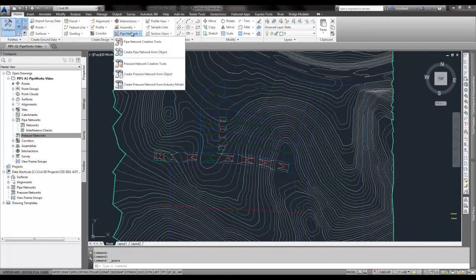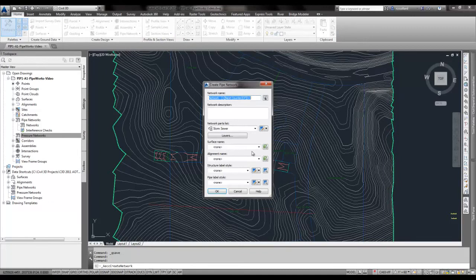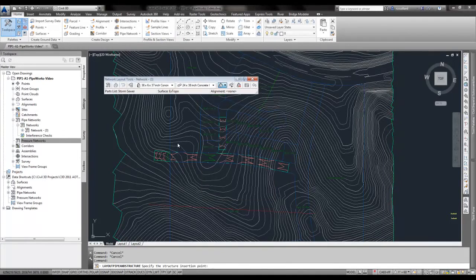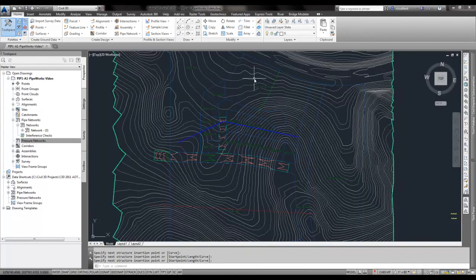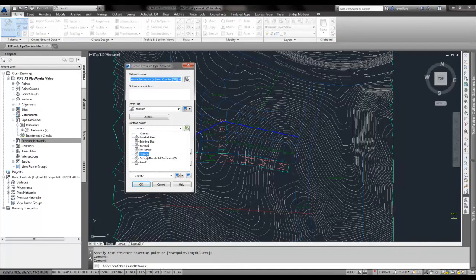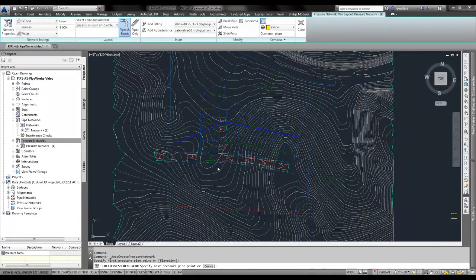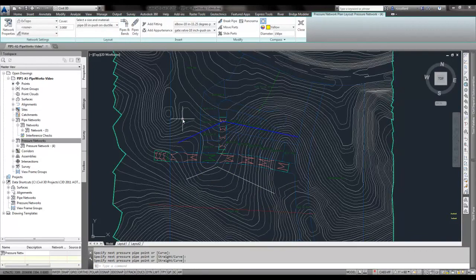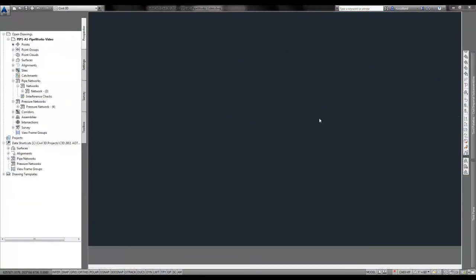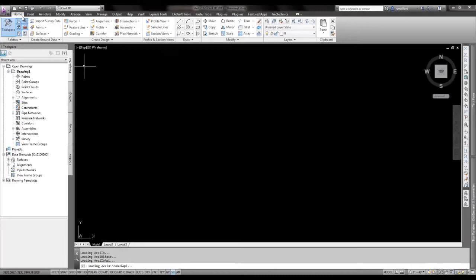I'm going to add some civil objects such as a pipe network to start off with. Just going to put a couple of objects in. Do the same thing with a pressure network. Just put a couple objects in. Then I'm going to save the drawing in 2014, get out of this drawing, and then open the same drawing